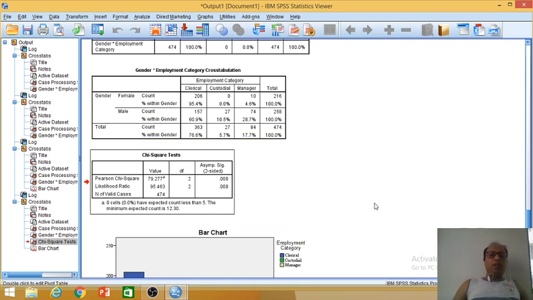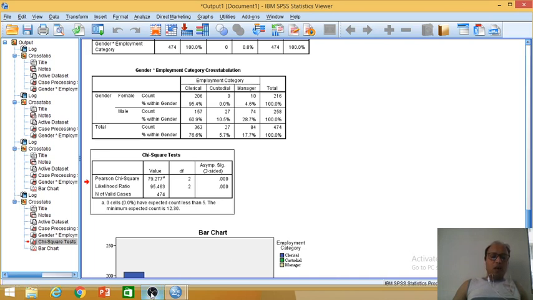Now when you arrive at this conclusion, when you reject the null hypothesis, what is the chance of committing an error, specifically a type 1 error? That is 0.000. It means we are 100% confident that yes, there is a gender bias. And when you arrive at that conclusion, your chance of committing an error is practically 0.